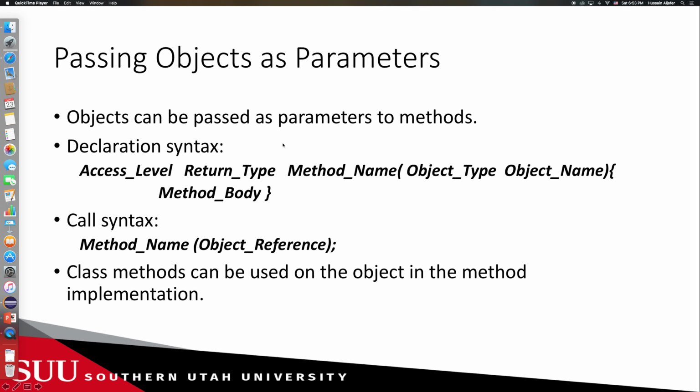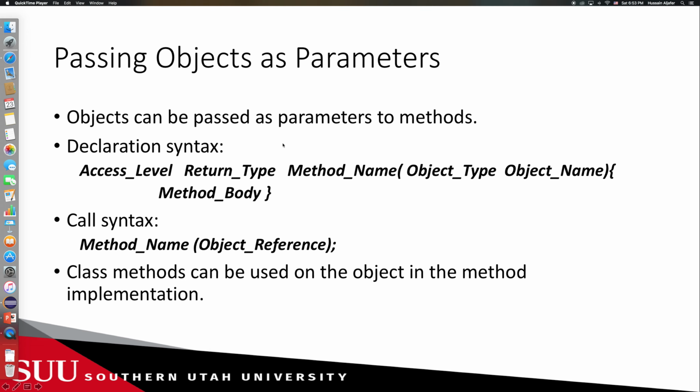In this video, we want to talk about passing objects as parameters. Now, objects can be passed as parameters to methods. For the declaration syntax, we'll have the access level, which is public or private or protected, and then we'll have the return type, followed by the method name, and then we'll have the object type, followed by the object name in